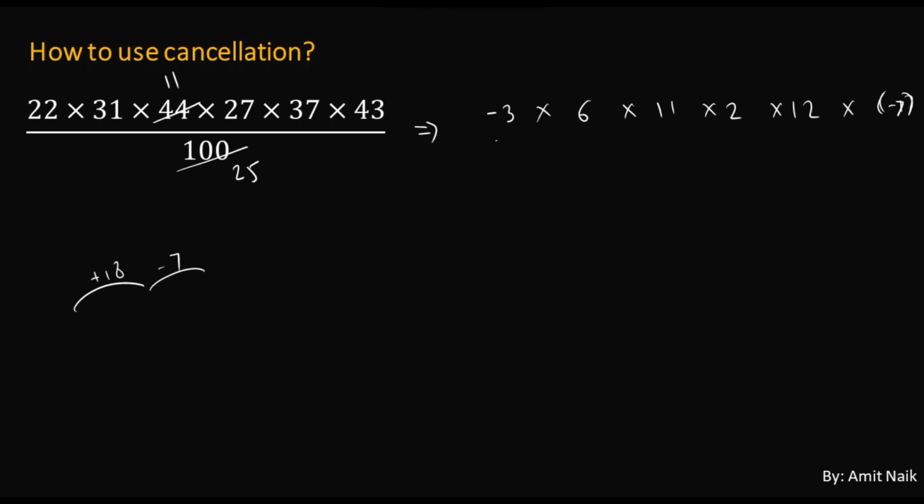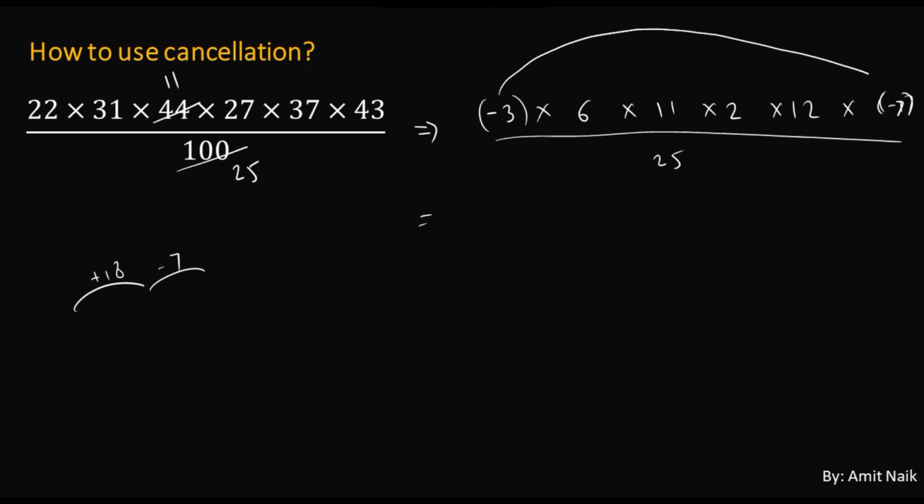So now the whole term is divided by 25. Now you see I have taken two negatives here, minus 3 and minus 7. Multiplying them will again give a positive number, so once again I would need to go for a lot of multiplication. Instead, I'll go for forming some groups. So minus 7 into minus 3 will be plus 21, right? Then 6 into 12 is going to be 72, and then 11 into 2 is going to be 22. There is no rule for grouping these numbers, it is just done randomly.